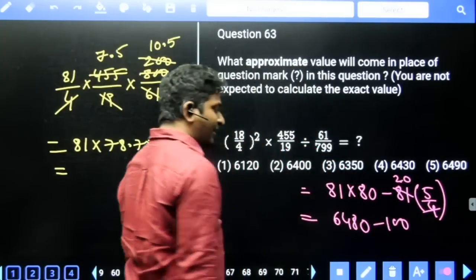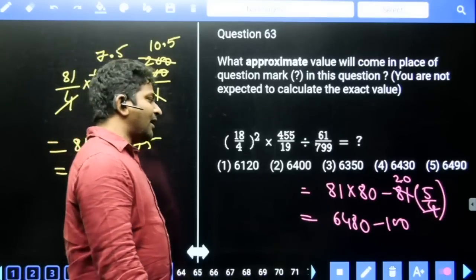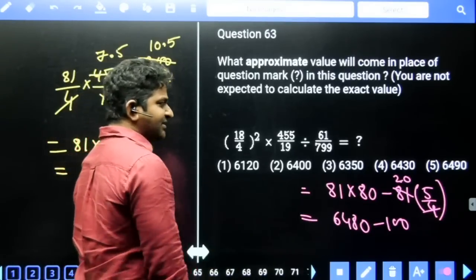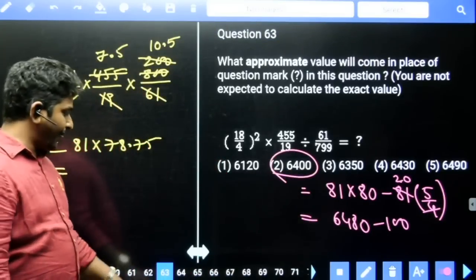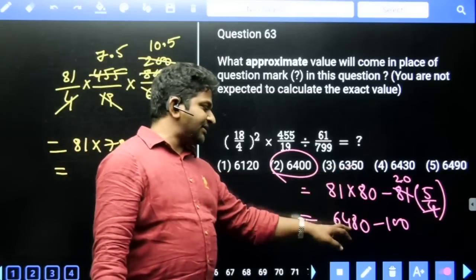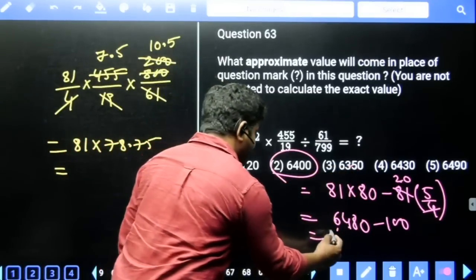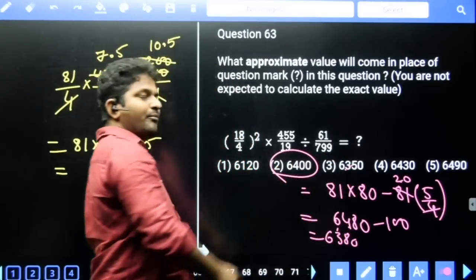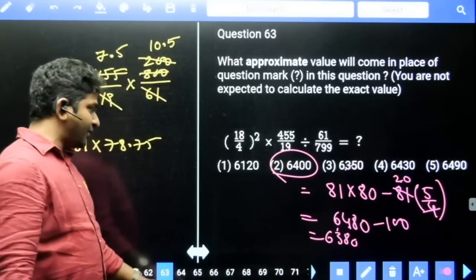If you subtract 100 from 6480, answer is 6380. Answer should be 6380. Approximately you have 6400. This number is 30 less than this. Our answer is 6380. If you consider this is 30 less, but we have more than 20 more than this number. Approximately 6400 only. Next,